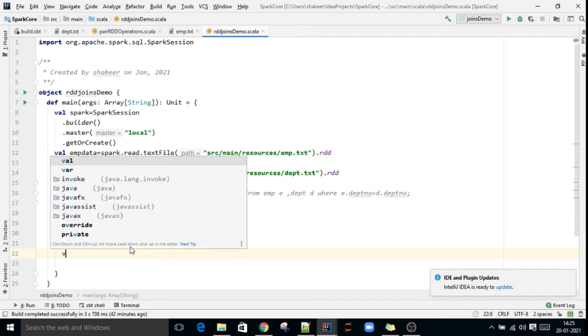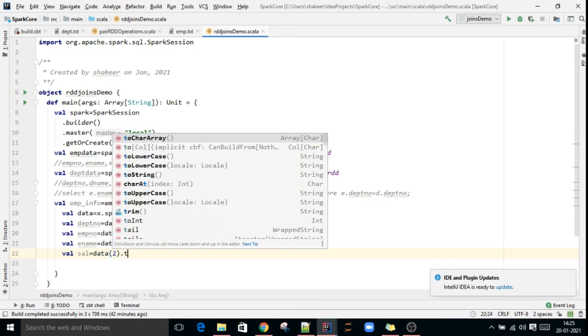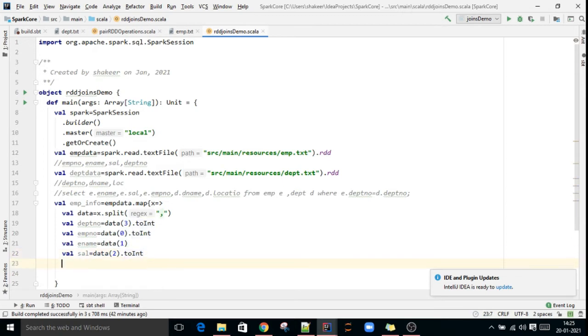Next val sal equal to data of 2 toInt. Then the total required columns. I am planning to convert the key as the department number, and the remaining columns as the value.